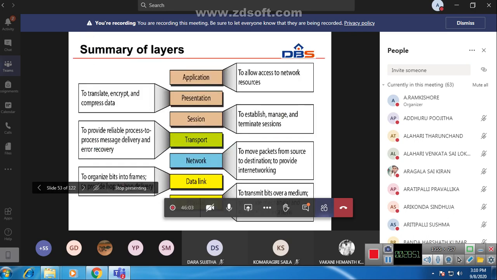And the summary of all the layers is so here